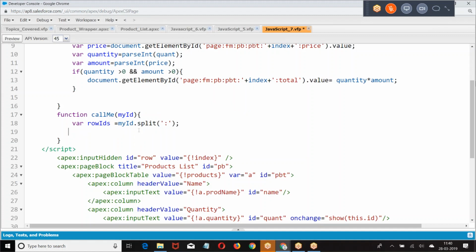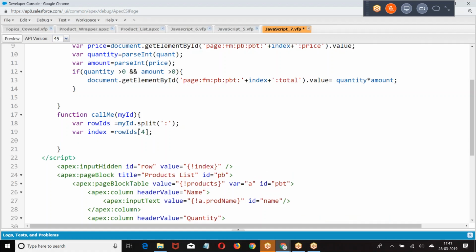What I was doing here: we have document dot get element by ID, then the block, equal to.